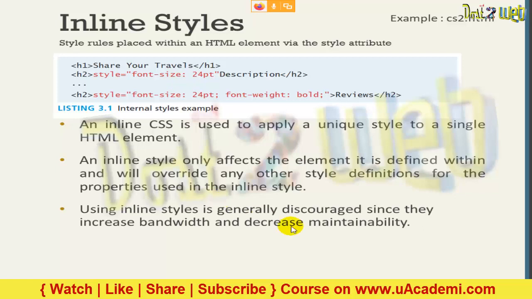Using inline style is generally discouraged since it increases bandwidth and decreases maintainability. Why have they mentioned this? It is discouraged because you may have thousands of lines of code in your HTML and want to design some text effect or increase some size. Then you have to define it on each line, and the number of lines of code will increase.